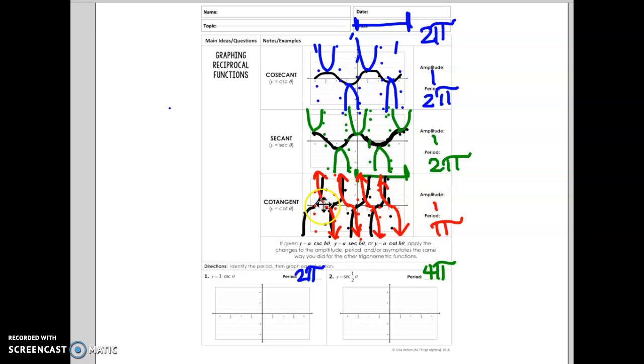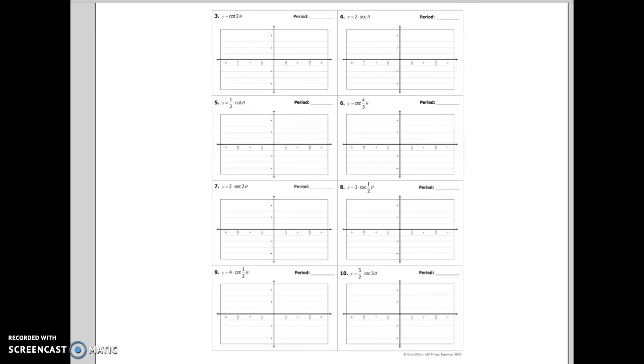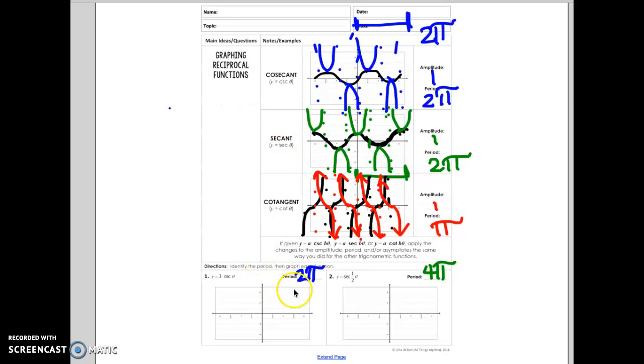Okay, so this is just kind of a brief overview because this is optional. I'll post some other videos from Khan Academy probably as well. I didn't do these outright, but I just wanted you to practice. So cosecant and secant still have that same period of 2 pi, and then cotangent is just like tangent where it has that period of pi. Okay, so you can go through and practice some of these if you'd like. There's an assignment about it that you can do for extra credit this week. It's not required. I would probably look at the tangent stuff just to kind of make sure you understand it,